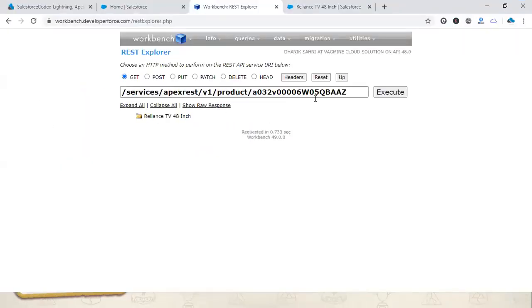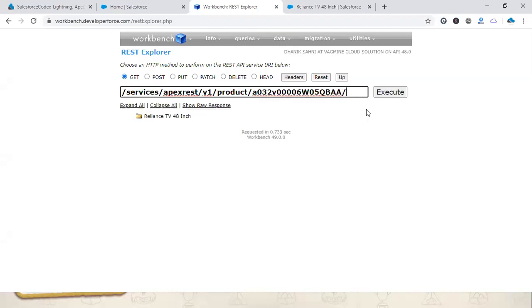Now, let's say I want to get all the product information with the product ID and a specific vendor, a specific company. So I want to put that condition as well. You can give another parameter in the URL itself using a slash and other details.